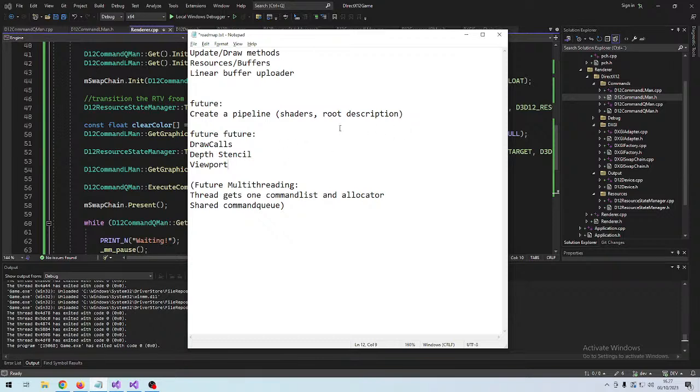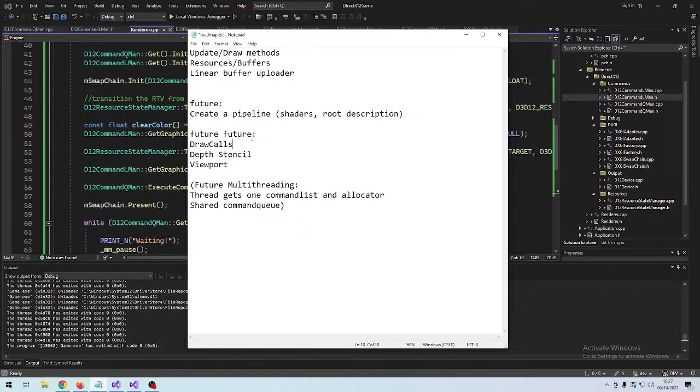You can use several viewports for rendering different render targets and thereby combining different render passes in one image. So we will save that for later